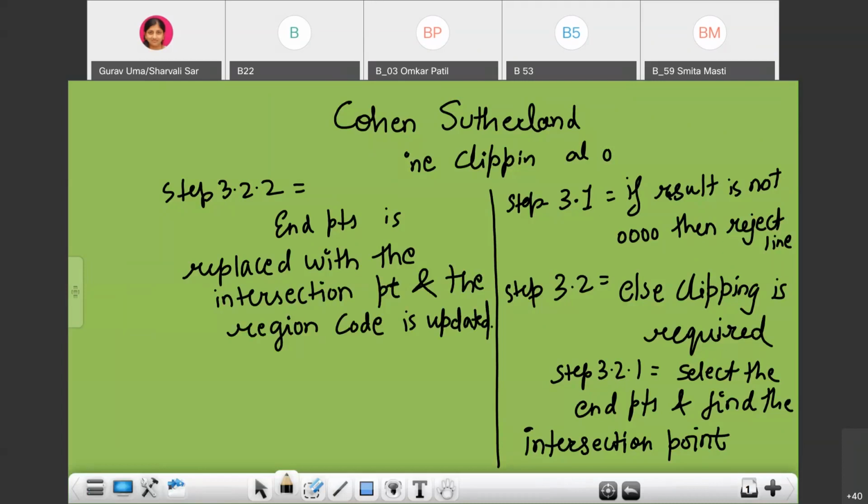Okay, so this is step number 3.2.3. Once we have updated the region code, the next step will be to repeat the step until we find a clipped line that is trivially accepted.